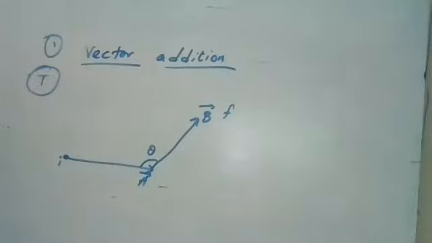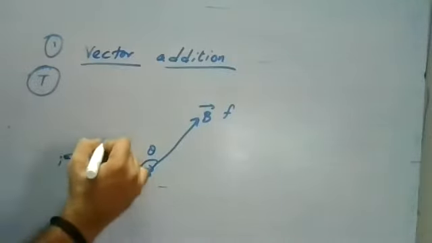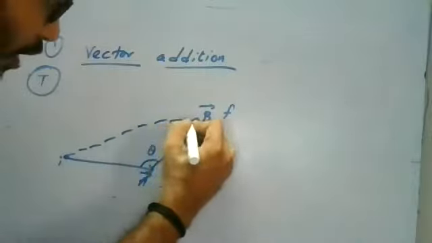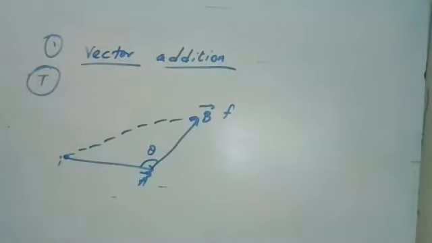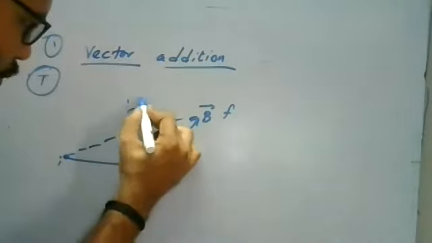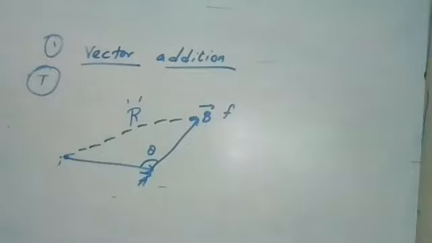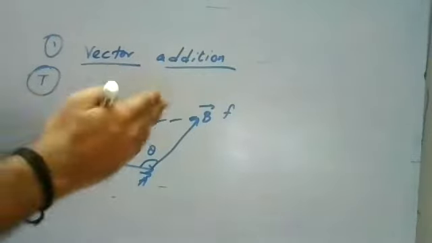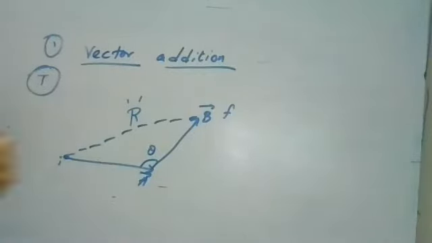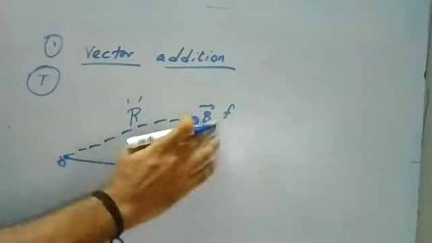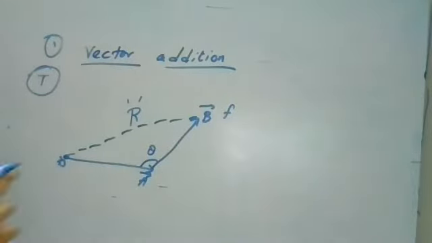Now I need to find the displacement. The displacement is nothing but your initial and final points. When you join the initial point and the final point, this is your displacement, and this is nothing but your resultant. Any object traveling will have distance as well as displacement. O to B is the total distance, and the shortest path from O to B is your resultant. It is nothing but displacement.